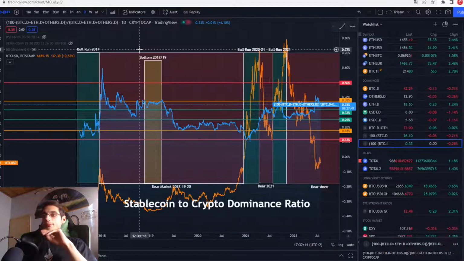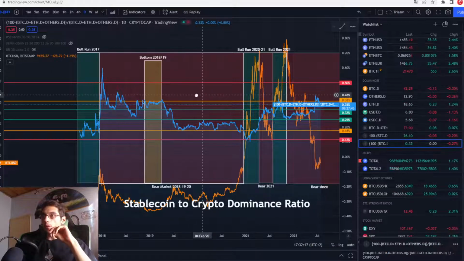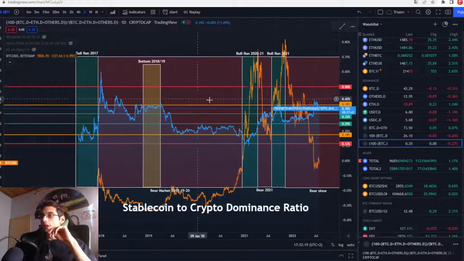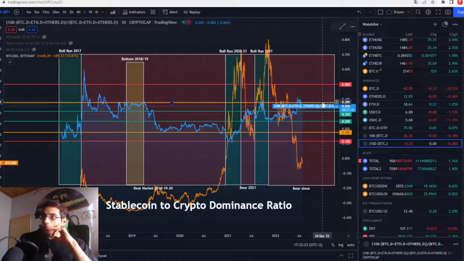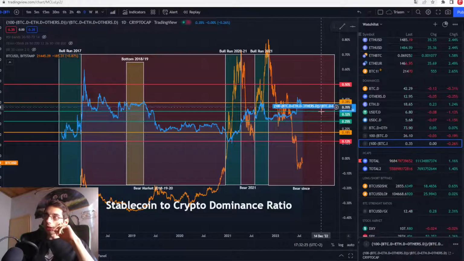And I made some lines right here on the right side. Every time we get to a point where we are above the 0.38,